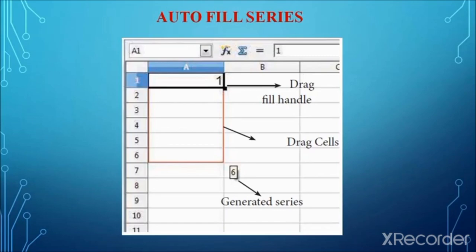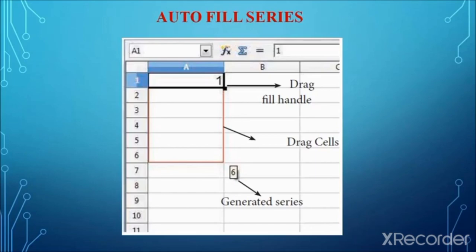The next topic we are going to see is autofill series. We have learnt about copy and paste, that is, copying either data or formulas from one cell to another in the previous topics. For easier use of the spreadsheet, this copy and paste concept has been replaced by a click and drag option, which we call autofill. So this is an alternative way for copy and paste.